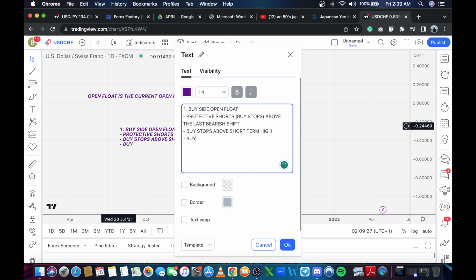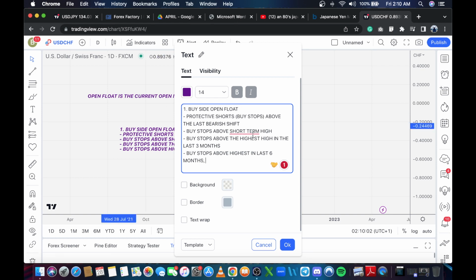buy stops above the highest high in the last 3 months, buy stops above the highest high in the last 6 months. That's half a year's range of data, and it's all important to what you're going to see,